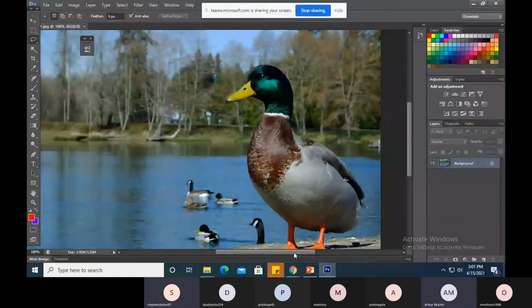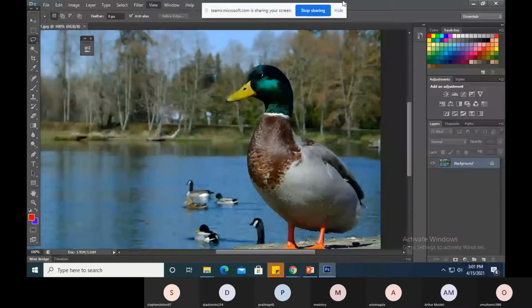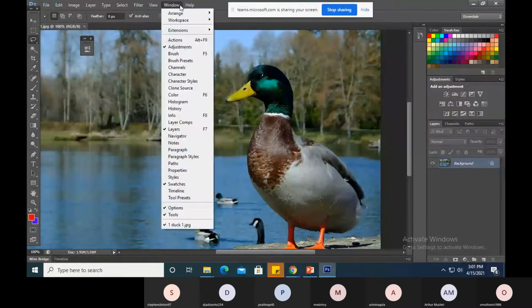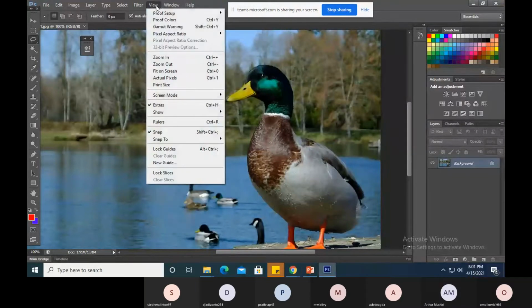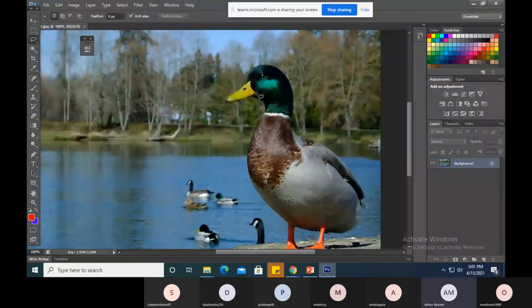So here we have our duck. Now for you to select this duck,